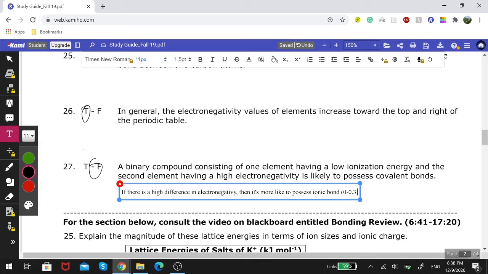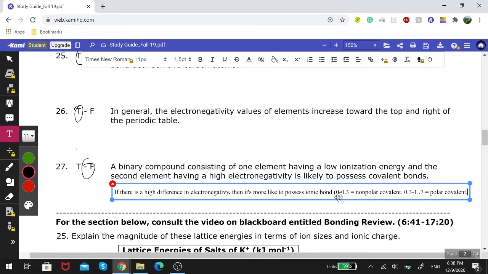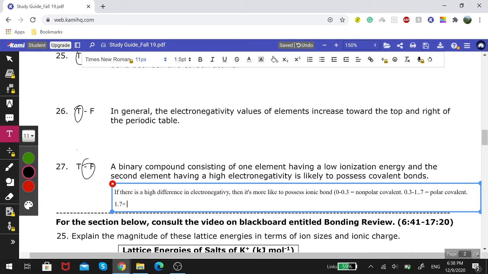equal to covalent, is nonpolar covalent, and 0.3 to 1.7 is polar covalent. And now if there's a high difference, which is the situation we're having over here, since one of them has high electronegativity value, then most likely, not saying you 100% will, most likely you'll have ionic, because 1.7 plus is ionic